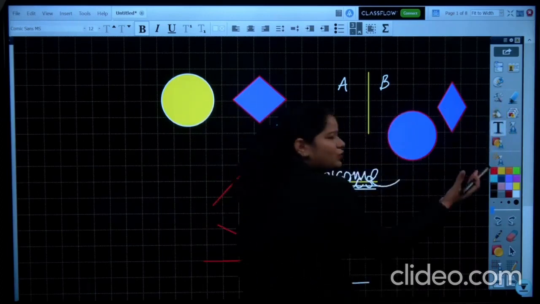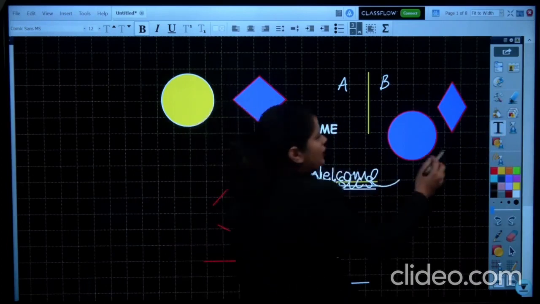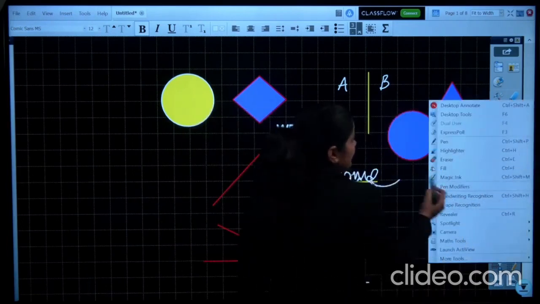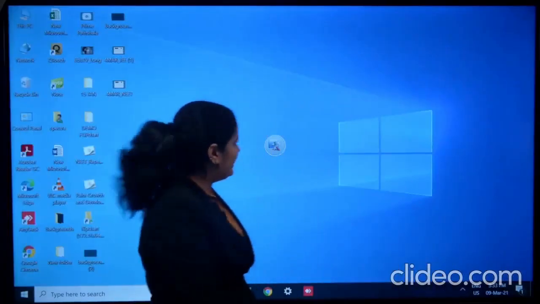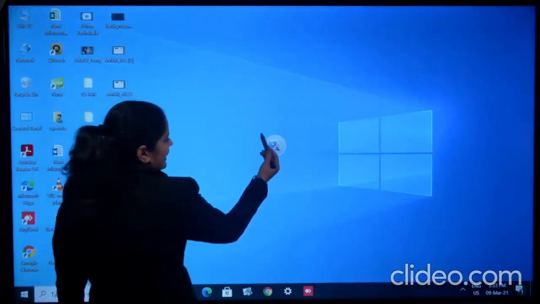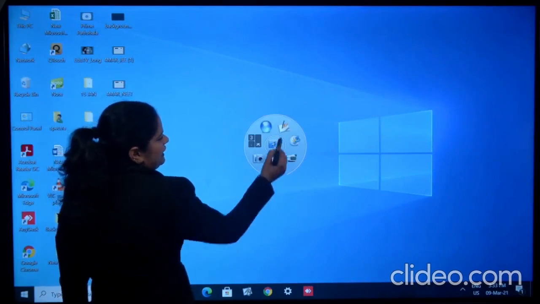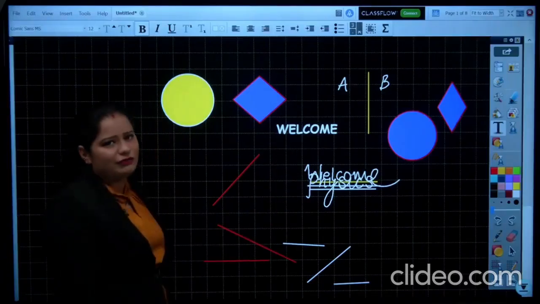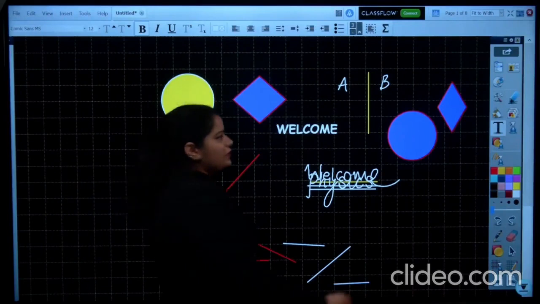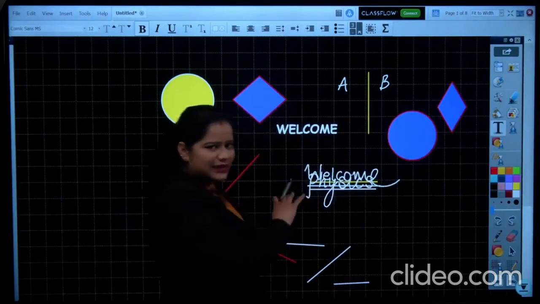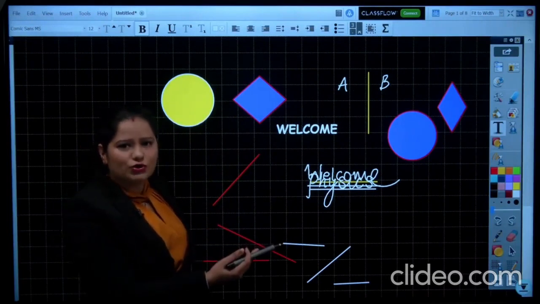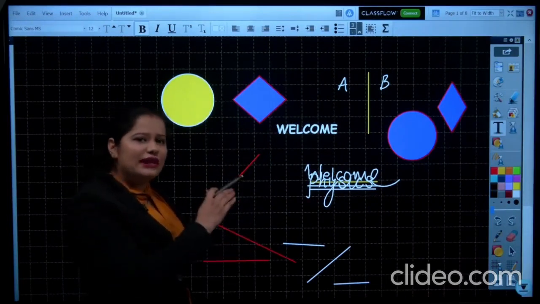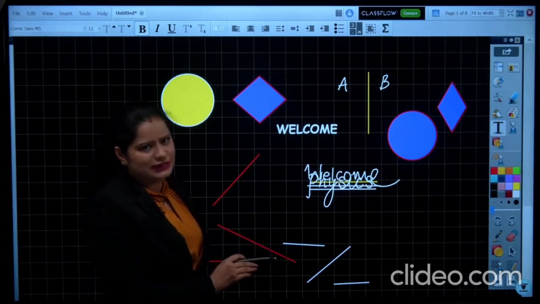Let's suppose you want to go back to the desktop. You can click on to this. Once you click on this, you can move back onto the desktop. Now this icon is coming over here, just click on that and go to the ActivInspire flip chart. So this will be used to go back to the desktop. Let us suppose you have a picture over here that you want to copy onto your flip chart. So you can go to the desktop, copy from there, and you can paste it here.